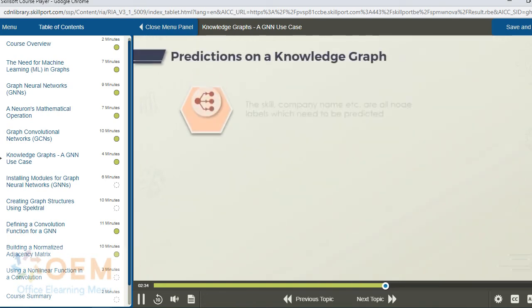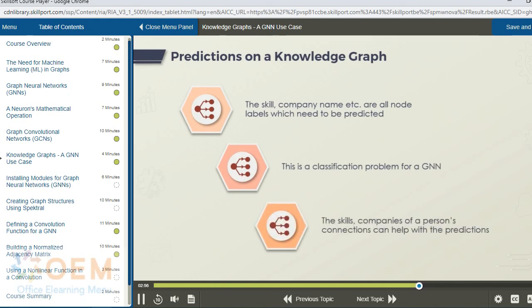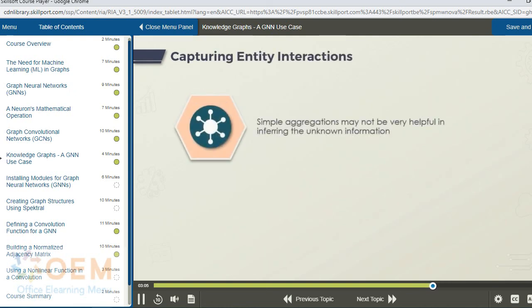When it comes to machine learning algorithms, well, let's consider the fact that a specific skill, such as Java programming or the name of a company, may represent specific node labels. So to identify a skill or a company, well, these are values which need to be predicted. This, of course, represents a classification problem for a graph neural network. And to help make these predictions, all of the other connections of the person can be taken into account. That said, however, the convolution functions which we have explored so far, which involve simple